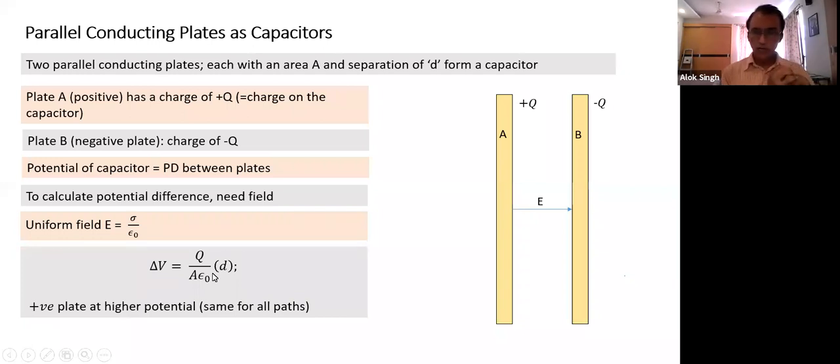So this is the potential difference between the two, and which plate is at a higher potential? Plate A, having positive charge, is at a higher potential, and the potential difference is the same for any path we choose from one plate to the other. If I choose a random path also, and calculate along this path, the potential difference will be calculated as E dot dr. It will come out to the same expression as before.